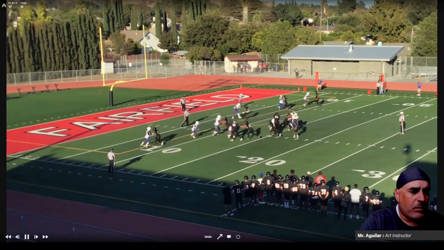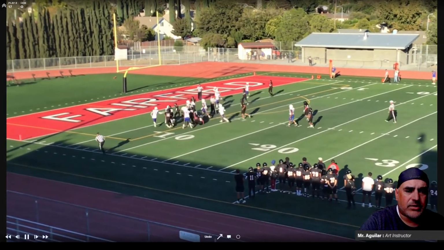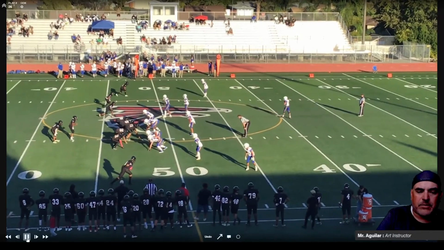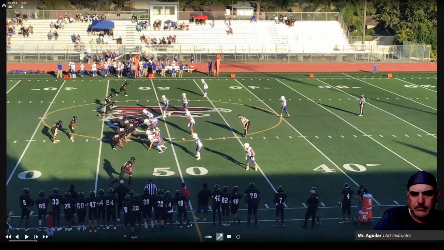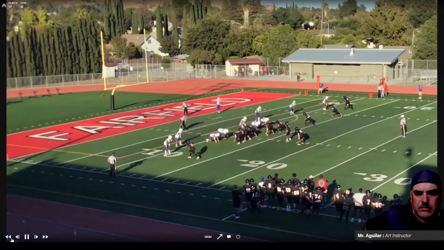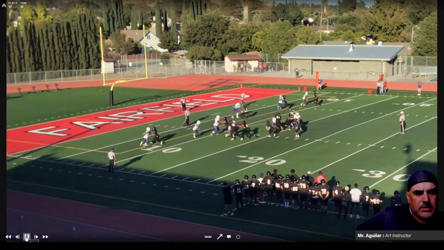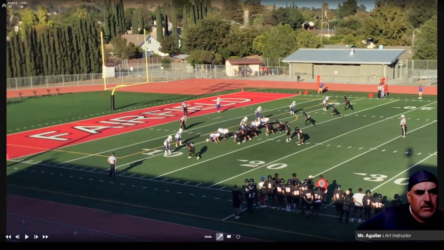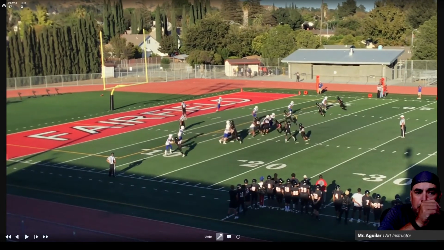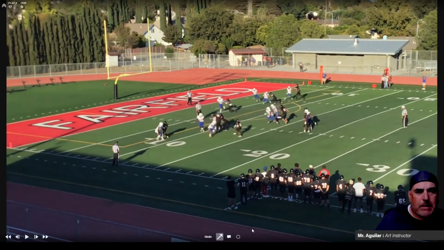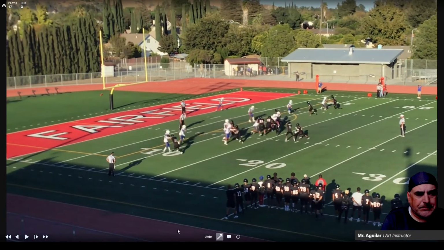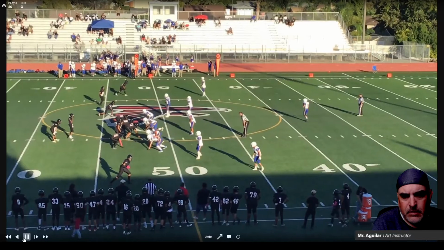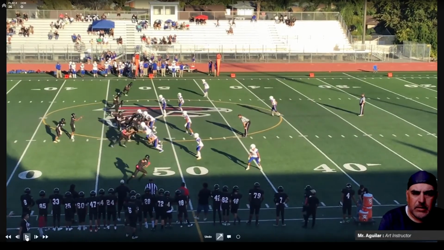Now they got into a bunch of trips. And again, they just stretch, trying to get side guys outside of that box. So they have a pretty fast running back. This is just, oh, they ran power. I didn't see the pulling guard. I did not see varsity pull. That's just power. It's a good run.